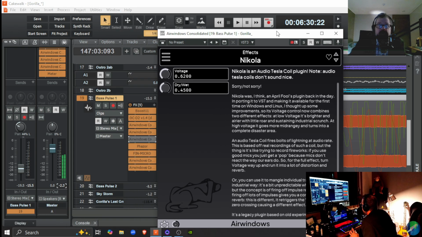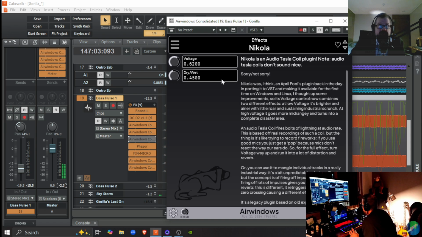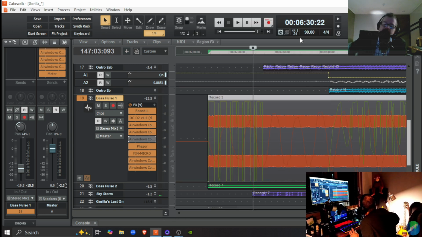I think it sounds better with the Tesla coil bypassed, actually. It's more distinct and more clear, but still, the mix sounds better without it, I think.